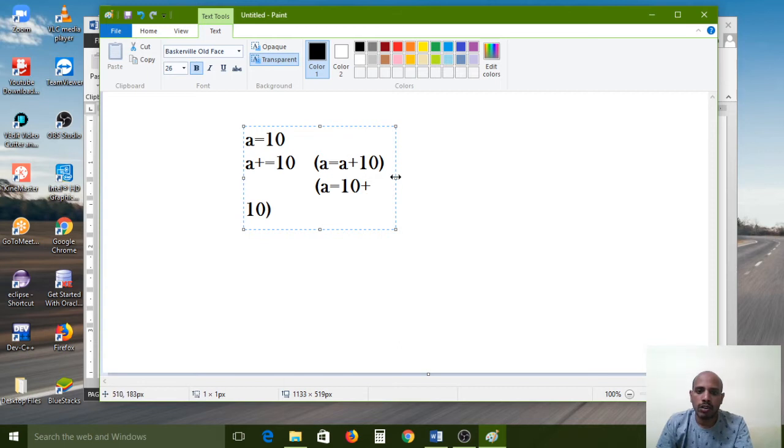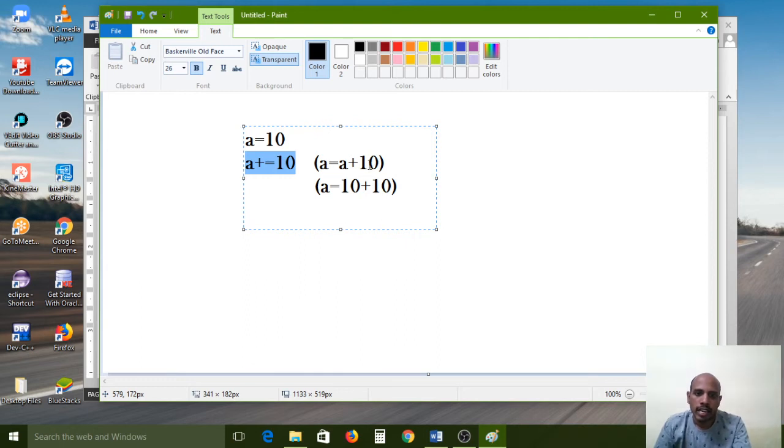Actually, what is the a value? First I have defined a equal to 10, so the a variable contains the value 10. So a plus equal to 10 means a is equal to a plus 10. If you use code like this in your program, the interpreter internally converts it like this: a is equal to a plus 10.